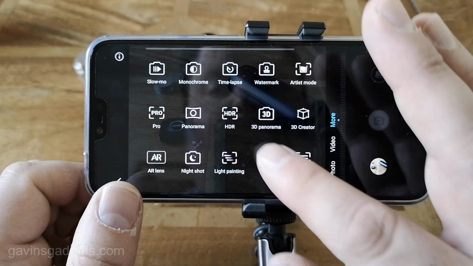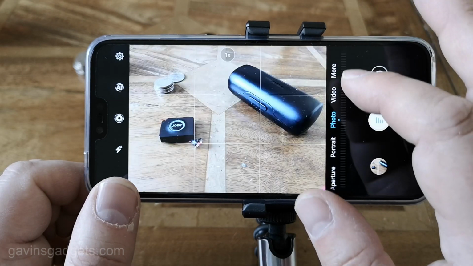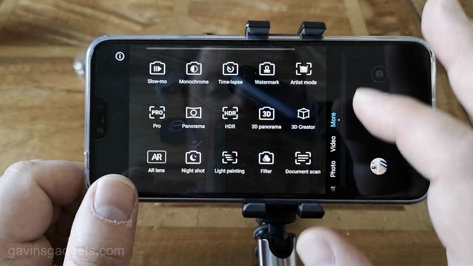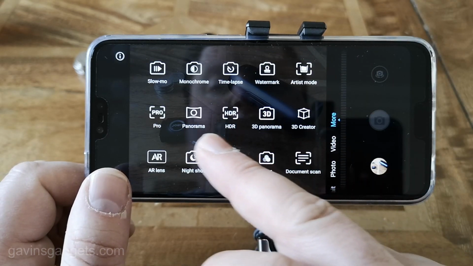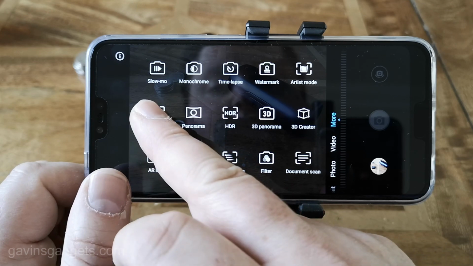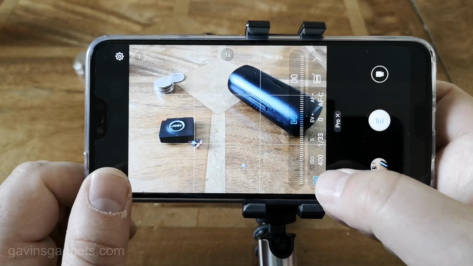There's a little gauge at the top there. Let's go back in. So here you can adjust the intensity of the filter level as well. What you've also got, if you come back in here, is 3D panorama. If you want to force HDR on, you can. Panorama mode, pro mode. You probably find you won't use this as much, but you do have options, so you